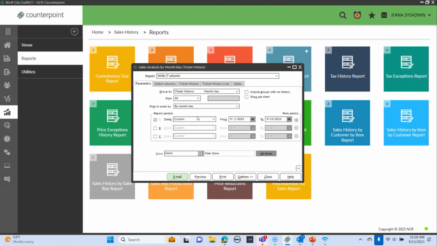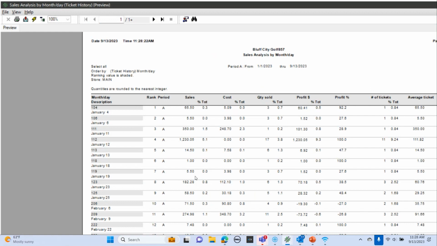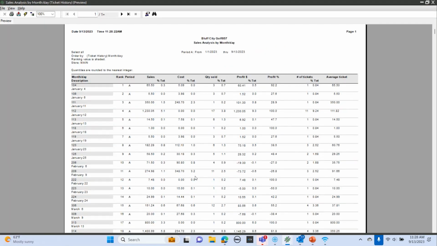Maybe I want to see year to date on this one. So I'm just going to change the date. Oh, not yesterday, year to date. Here we go. So then you can see the month and every day, the sales, the cost of the sales,